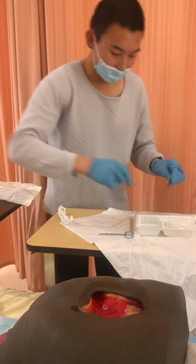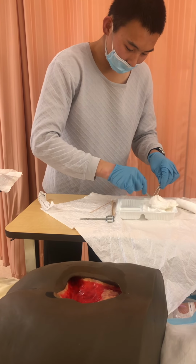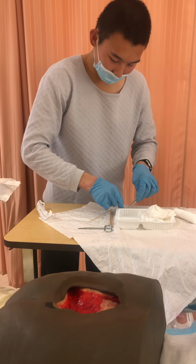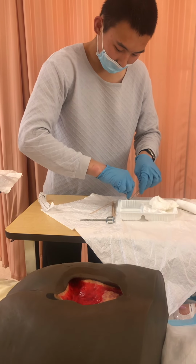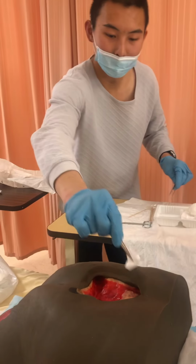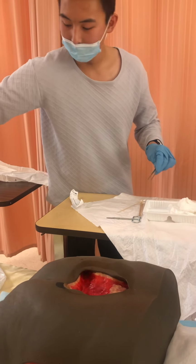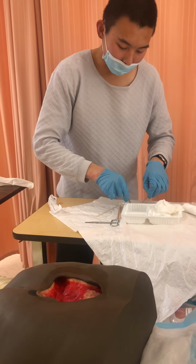Discard it, get another 2x2. About here, let's say that's about 8, so 13 by 8, and then for depth, wet it in normal saline, and then I'm going to wipe the peri-wound top to bottom on the other side. Discard of it, and now I'm going to get dry 2x2s and dry the wound,